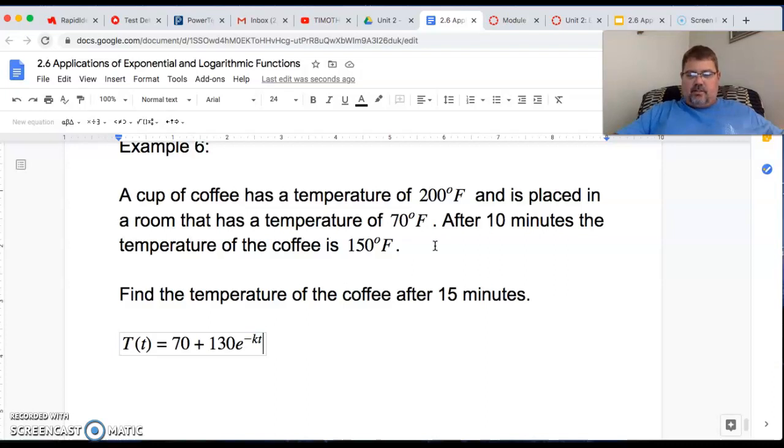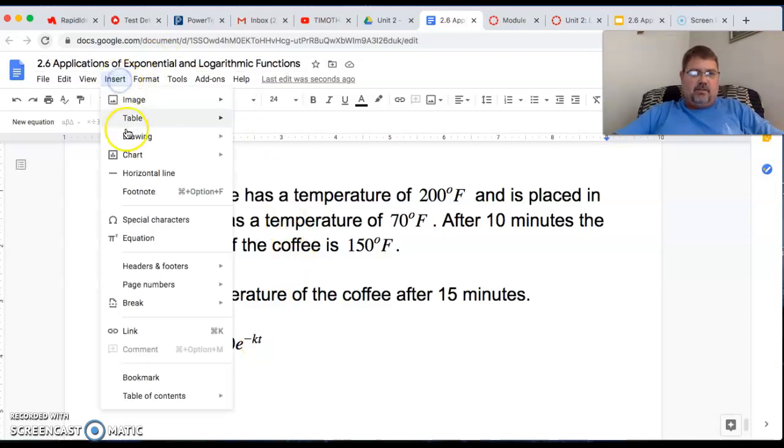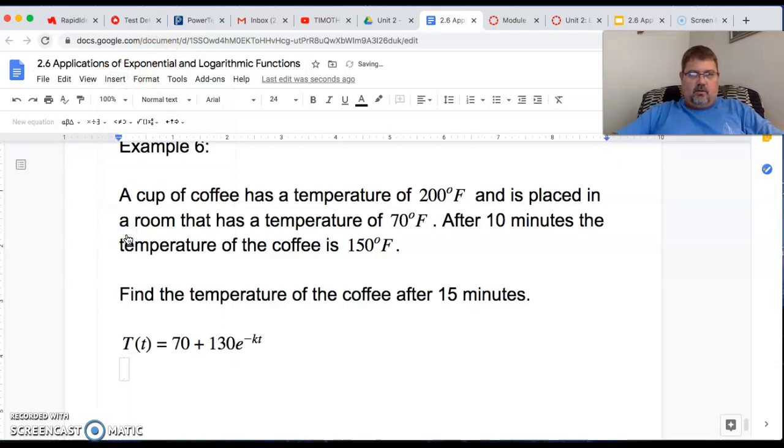If we start reading into this, we can see an opportunity to solve for k, because they're giving me the temperature, which is T of t. It was 150 after 10 minutes. So I can plug that 10 in for t and solve for this k. That's what we're going to have to do. So our next line would be something like this: we'd have 150 equals